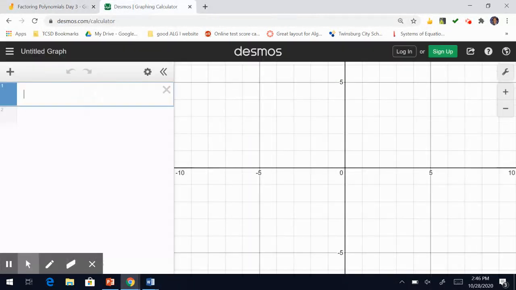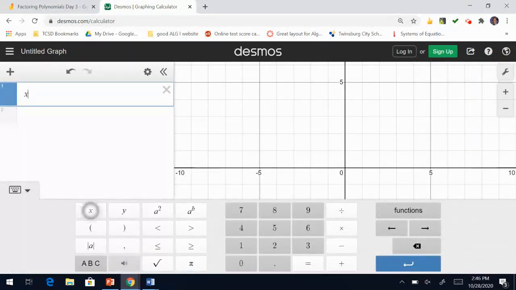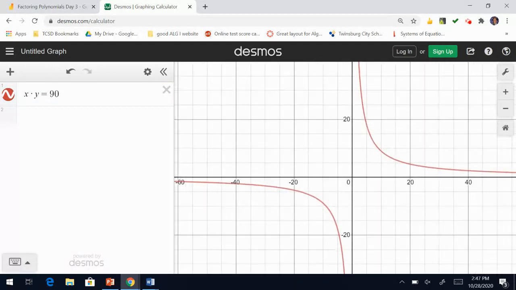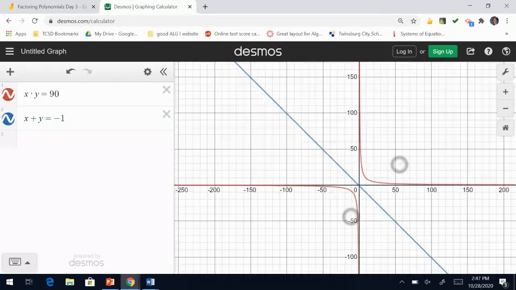So what I'm going to try to do here is do x times y equals 90. And it's going to give me some crazy picture here. You see that? That's okay. Now I'm going to do x plus y equals negative 1. All right? So when I do that,